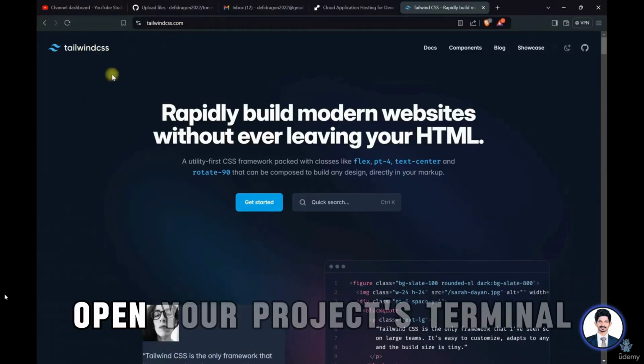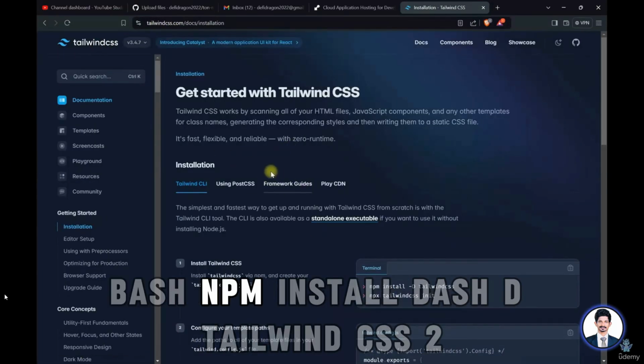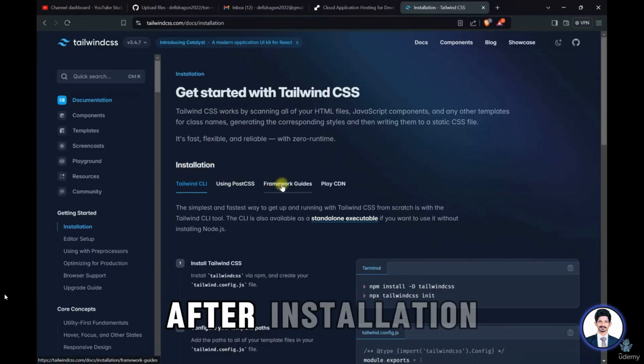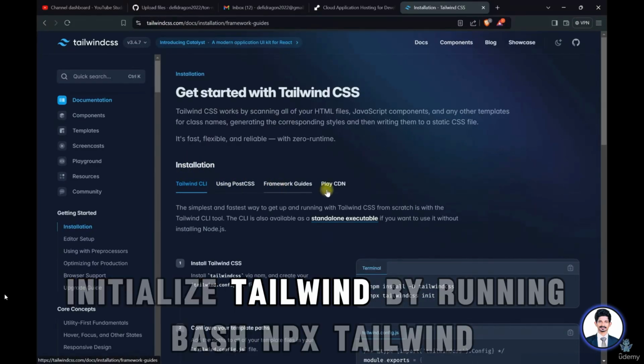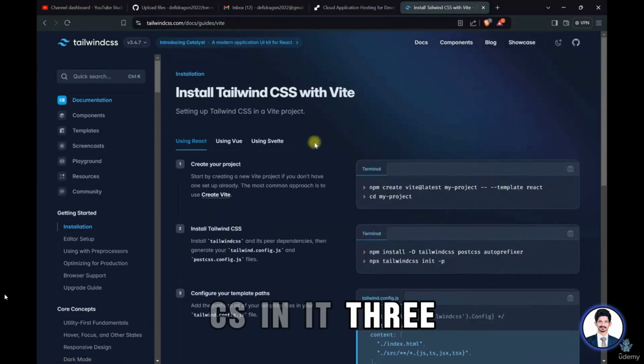1. Open your project's terminal and run the command to install Tailwind CSS: npm install -D tailwindcss. 2. After installation, initialize Tailwind by running npx tailwindcss init. 3.